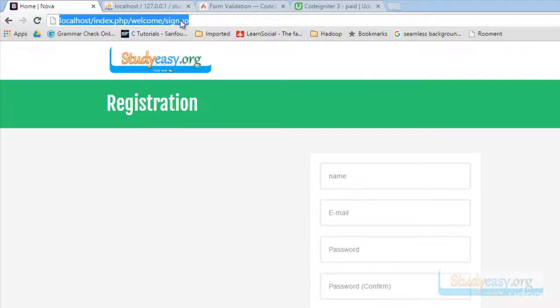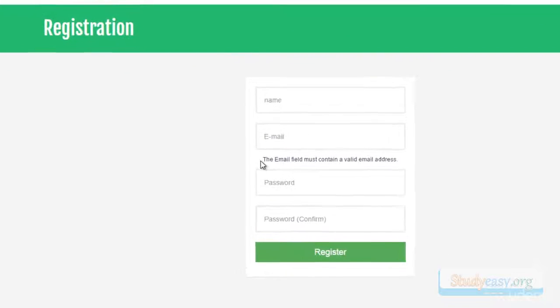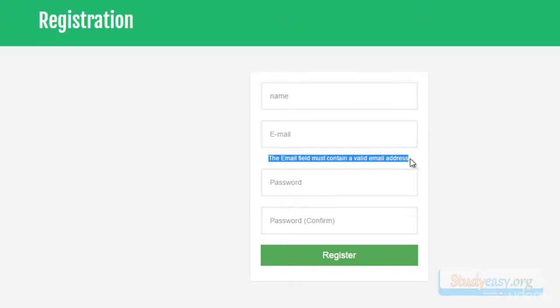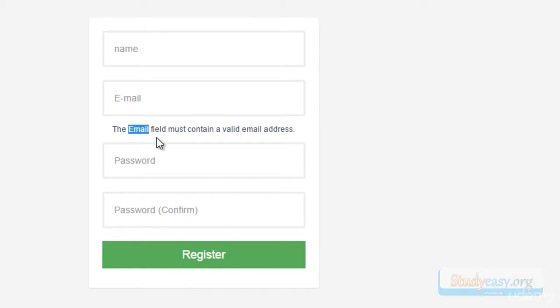Alright, let's try to check the concept. Register. Awesome. It is giving us this error: the email field must contain a valid email. And also note that the spelling of email is exactly what we have defined in the function. E is capital. So this is how we can validate